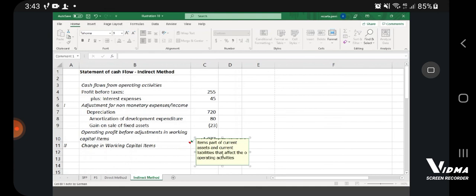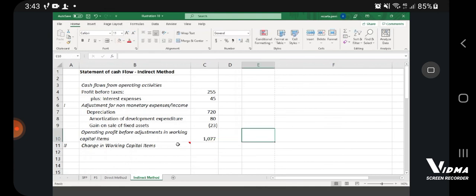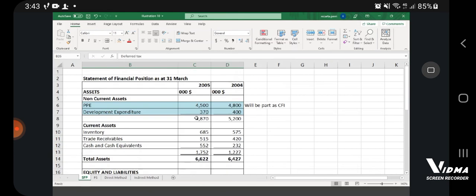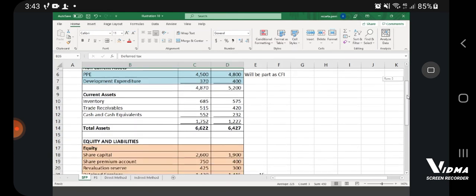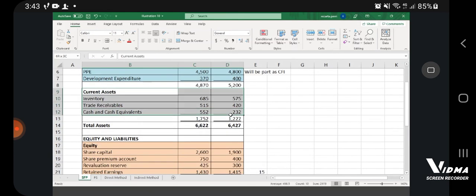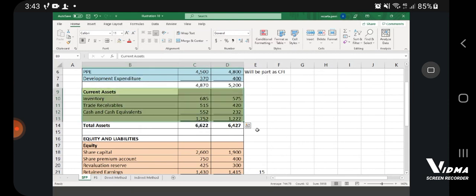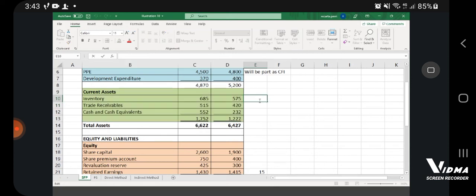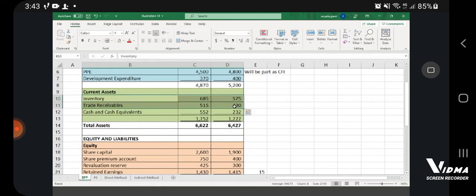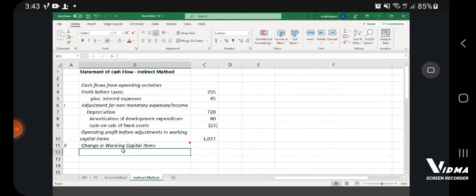We should pay attention to the section of the current assets and current liabilities, and whatever has changed there, and I'm using probably a light green color to denote the fact that it's different from the other sections that have the impact in investing or financing activities. Whatever change there has their impact in the working capital item. Inventory and trade receivables, undoubtedly, they are part of working capital items. So I will, first of all, say here increase